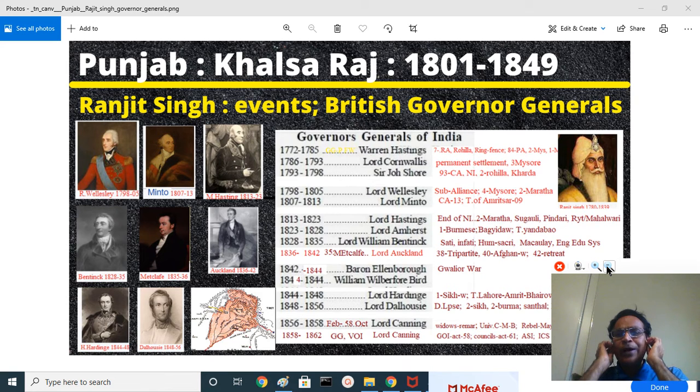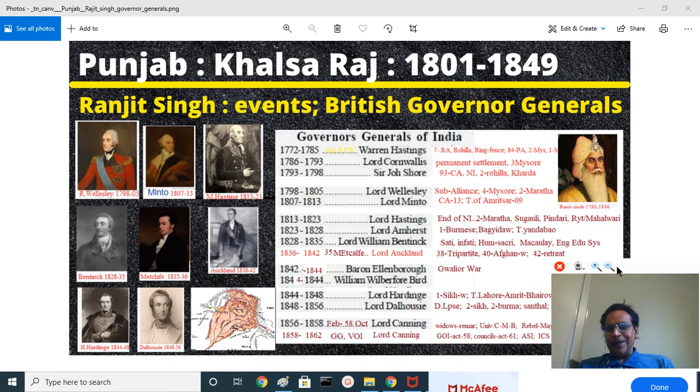We need to have a proper historical context. Ranjit Singh's Empire survived from 1800 to 1849. Sometimes people say 1799 or 1800 or 1801, depending upon when he conquered Lahore or Amritsar and so on. So that is not that critical. We can say around 1800 to 1849, nearly 50 years.